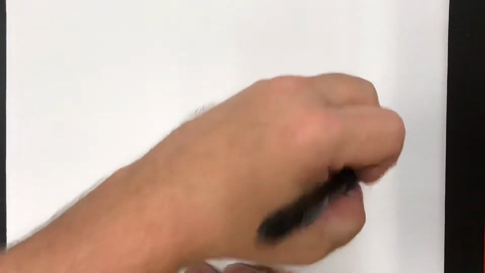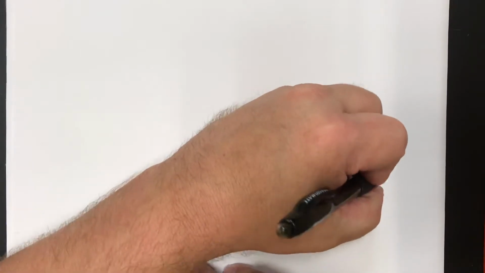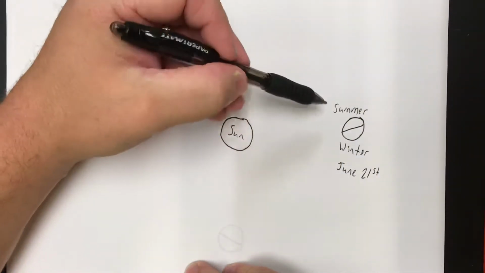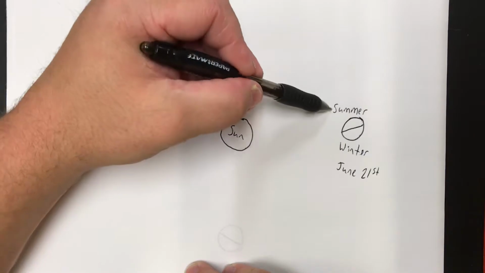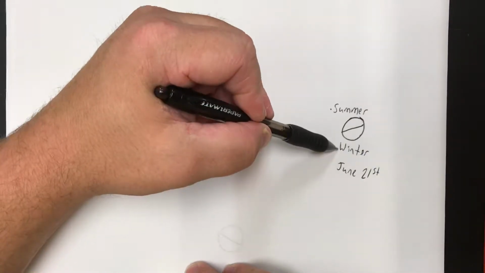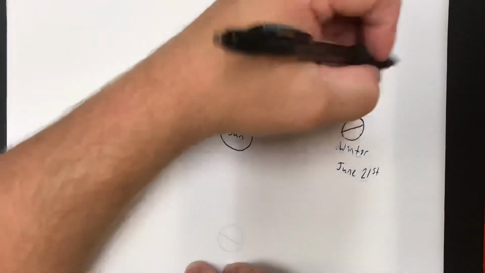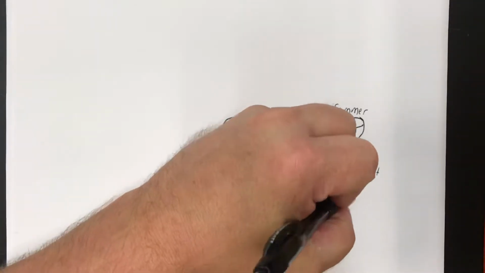Now, on this day, which is June 21st, for us in the Northern Hemisphere, it is the first day of summer, and in the Southern Hemisphere, it is the first day of winter. For us in the Northern Hemisphere, it is our summer solstice,